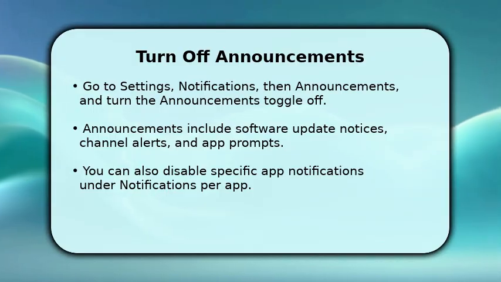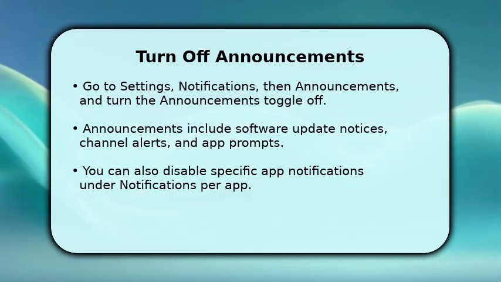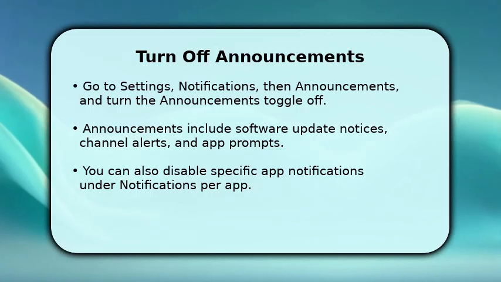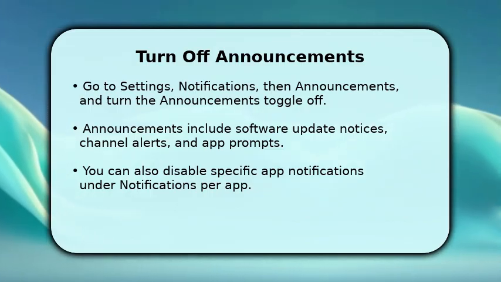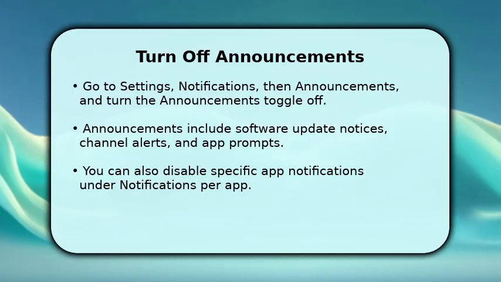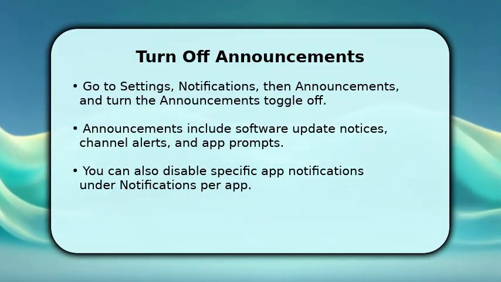For more granularity, open notifications per app and disable notifications for individual apps like YouTube or a streaming service. This prevents only the unwanted sources from alerting you. While if your TV speaks due to a voice assistant, open